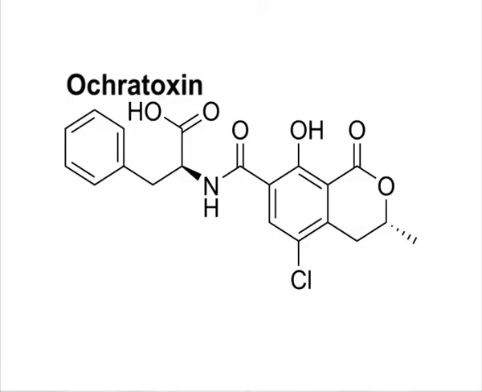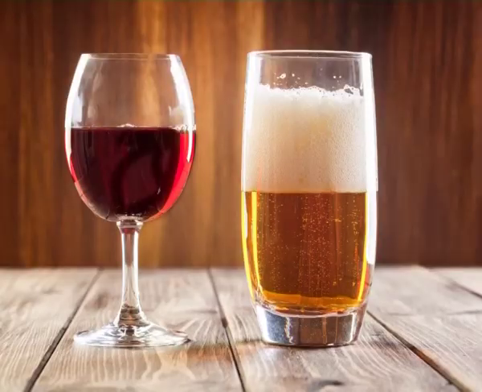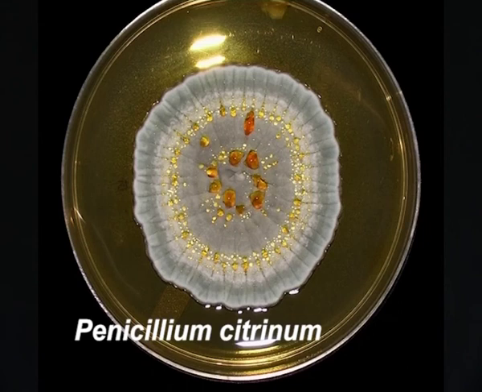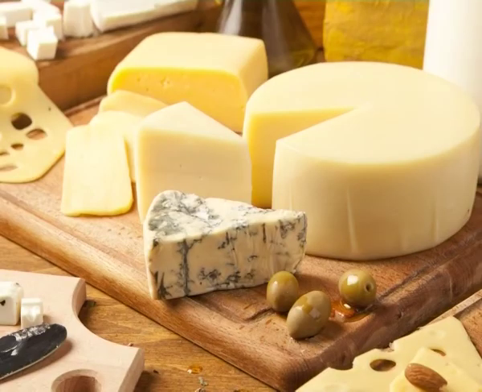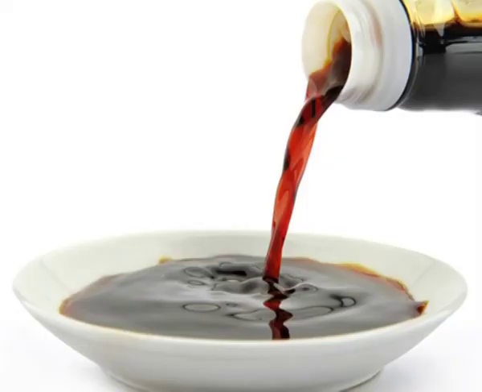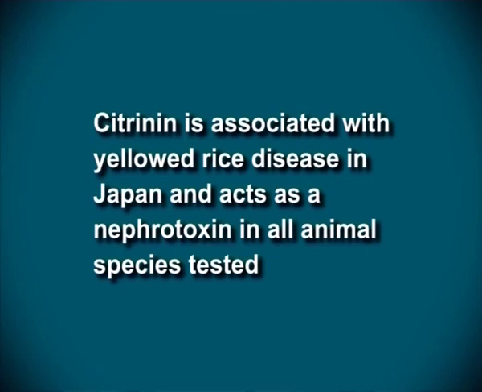Ochratoxin is a mycotoxin produced by Penicillium and Aspergillus species. Aspergillus ochraceus is found as a contaminant of a wide range of commodities including beverages such as beer and wine. Aspergillus carbonarius is the main species found in wine fruit, which releases its toxin during the juice making process. Citrinin is a toxin that was first isolated from Penicillium citrinum, but is produced by most of the species of Penicillium and several species of Aspergillus. Some of these species are used to produce human foodstuffs such as cheese, Penicillium camemberti, sake, miso, and soya sauce, Aspergillus oryzae. Citrinin is associated with yellowed rice disease in Japan and acts as a nephrotoxin in all animal species